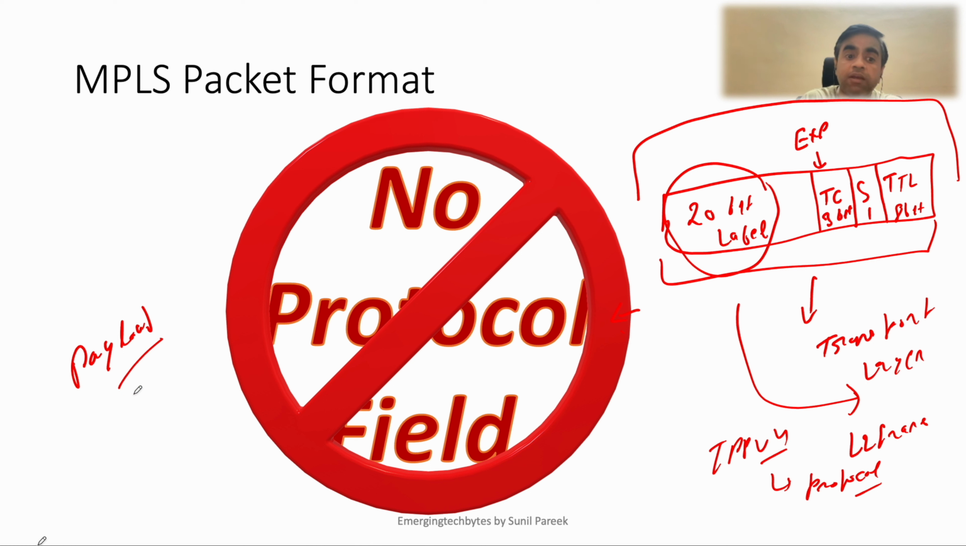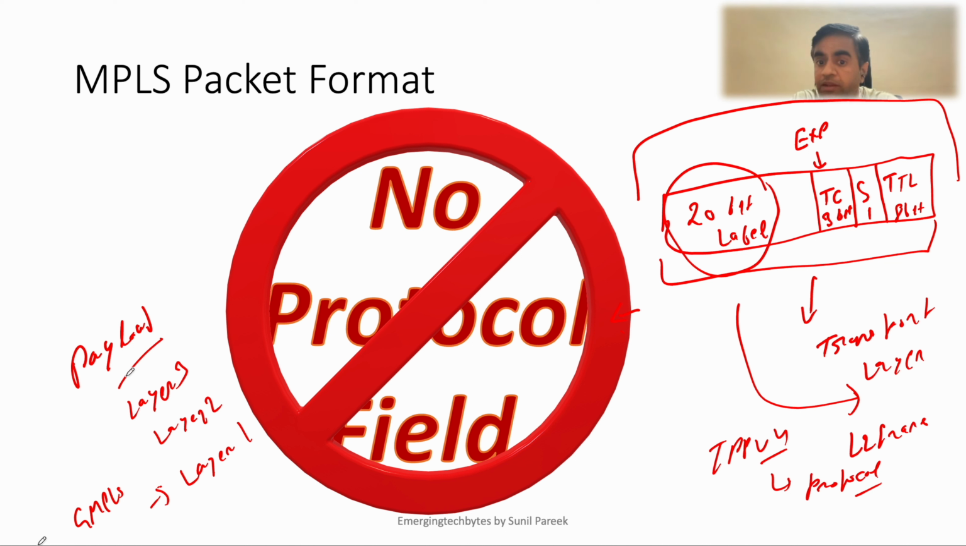It can take even a layer 3 packet, layer 2 packet, or even, let's say, layer 1 also. If somebody wants to search more, just look for GMPLS, right? So that is the advantage, and I will come back to this later in this module also. But for now,